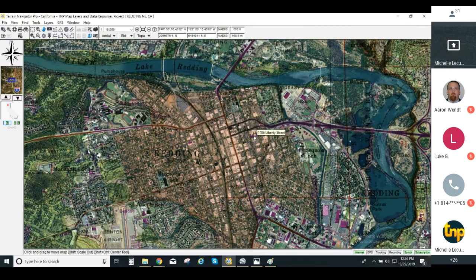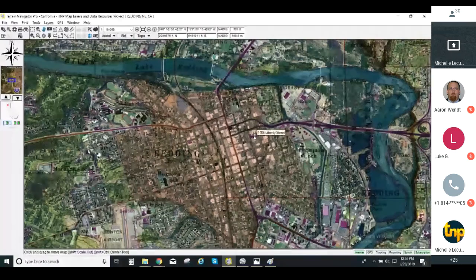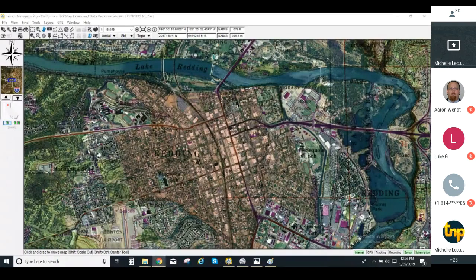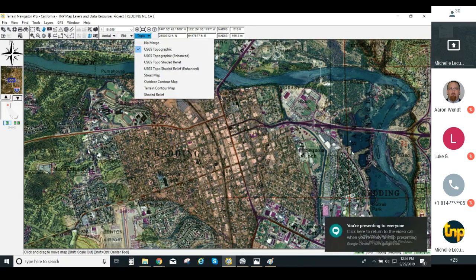One of the things that TNP is used for: Criminal Minds uses TNP to create their maps. TNP has been used in a number of different settings, and with the different combinations of maps that are available, it can be used for props, for work that you're doing, or for creating reports and the like. So again, a very nice looking photo